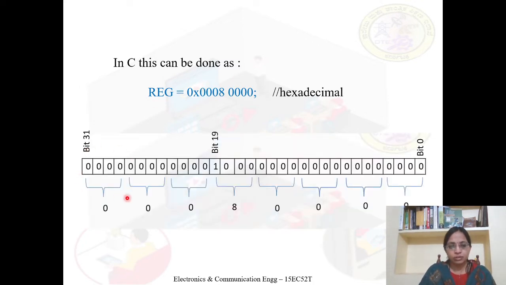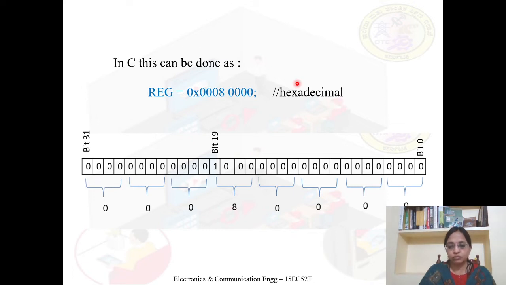See, this is a 32-bit register pattern, and if this bit represents bit 0 and this is bit 31, then at the 19th bit position what we have to do? We have to write 1, okay, and all other bits will be equal to 0. So after writing 1 into this 19th bit position, starting from the LSB towards the MSB, group 4 binary bits at a time and write down the equivalent hexadecimal value. Okay. So this will give us the number 0x0008 and 4 more zeros. So this is called the hexadecimal representation.